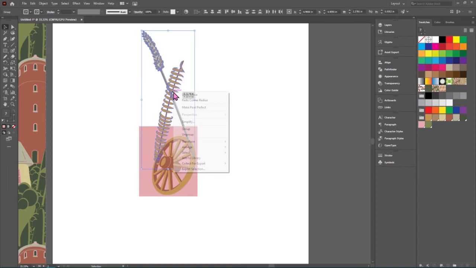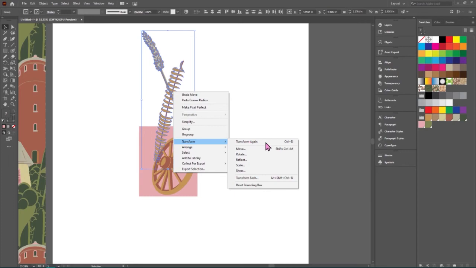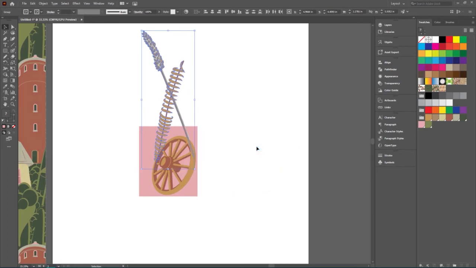And we might have to copy them again. It's just how it tends to be with half drops and bricks, that you end up copying the same motif a couple times to get them into all the spaces you need and to make sure that all of your overlaps are going to be the way that you want them to be. Right? I definitely want some of the grain going over this wheel. Okay, so right click, transform, move,